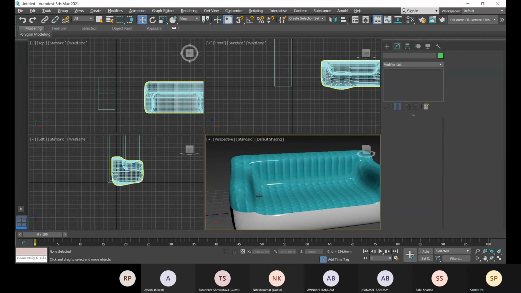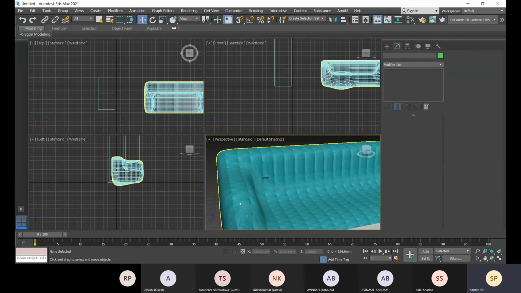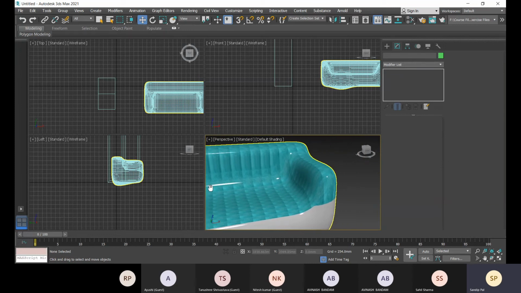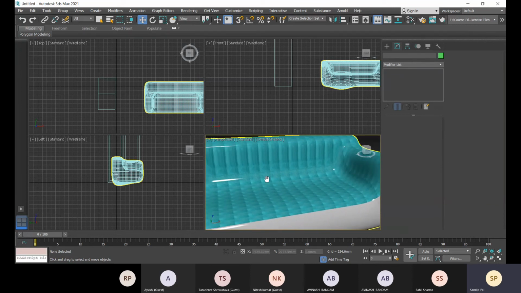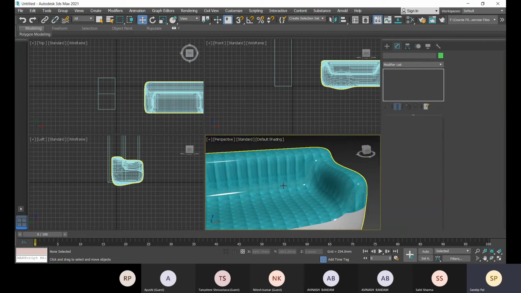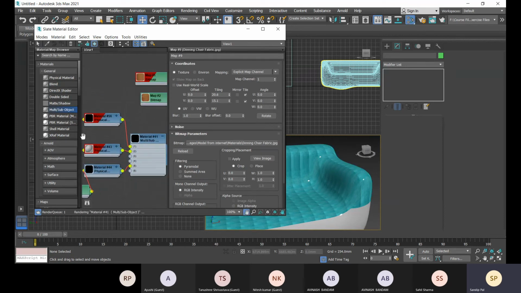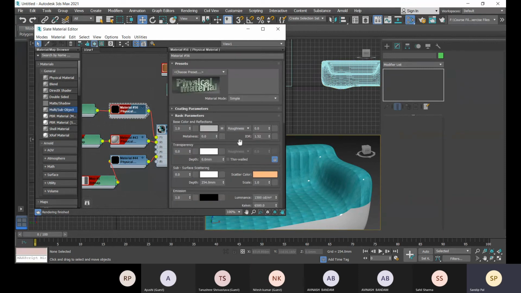Okay, and here you see I'm getting shiny effect, so that shouldn't be done. It's like plastic effect I'm getting, so it should have some roughness, so you have to change to this physical material, change the roughness, increase some roughness over there.